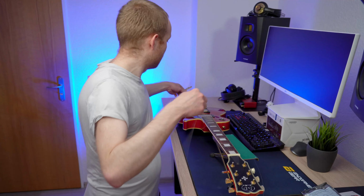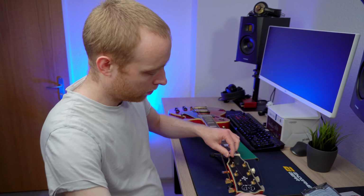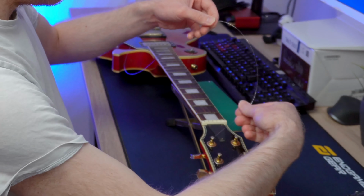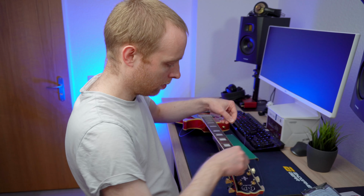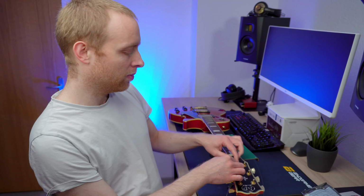So now it's time for the new strings. I'm just starting with the high E string, but actually it doesn't matter. You can just start with whatever string you like. One thing I like about the D'Addario strings is that they are color-coded in the end. So this is silver, so that it makes it really easy to pick the right string. And now I've been sliding through the string, through the tailpiece and through my tuner. And with just a little bit of slack,